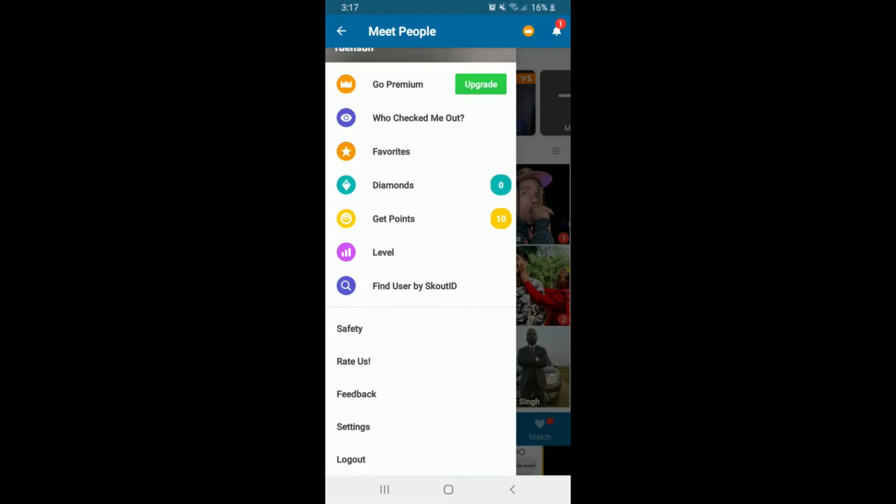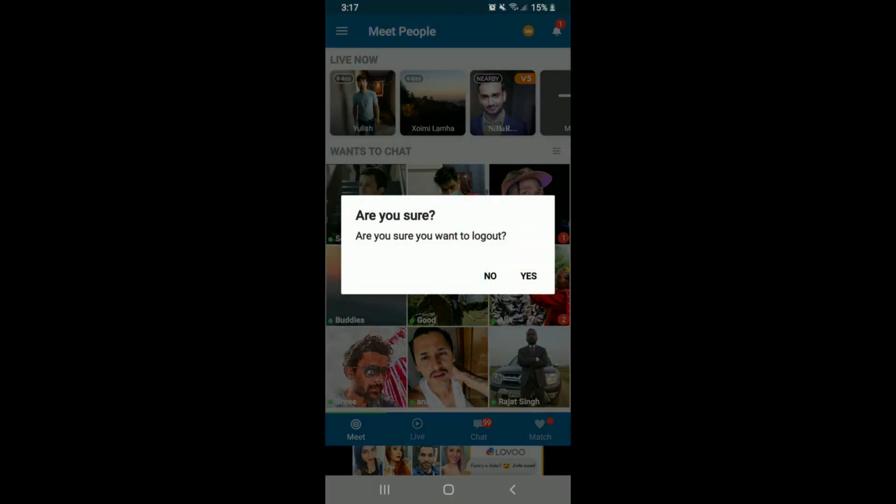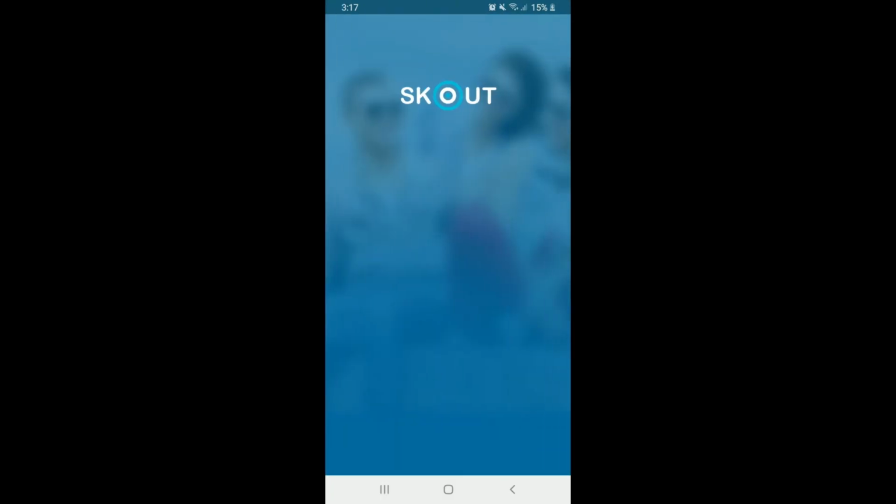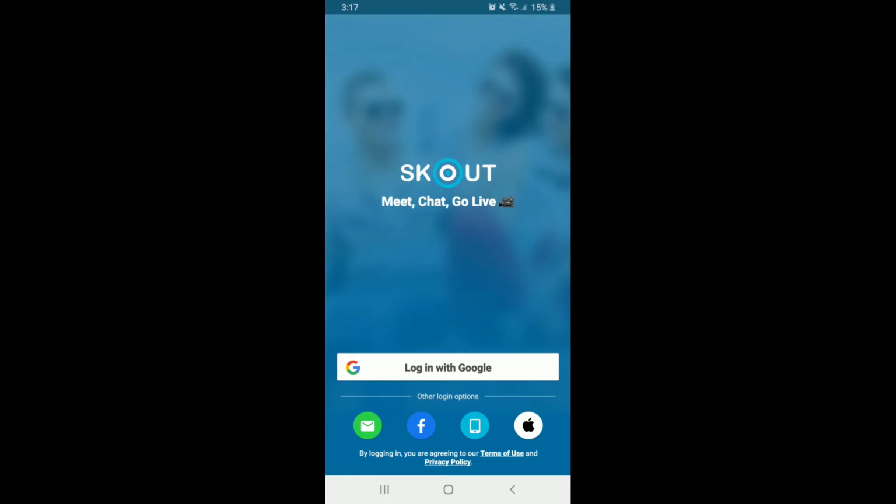Scroll all the way down at the bottom and you'll be able to spot a button that says Log Out. Simply tap it on and from the pop-up, select Yes in order to confirm your logging out action. Once you tap on Yes, wait for a few seconds and there you have been logged out or signed out